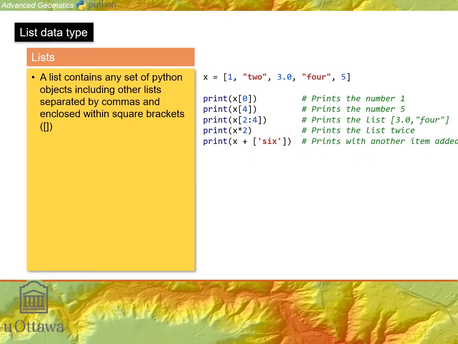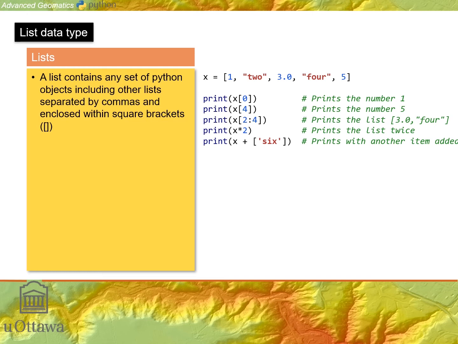Another fundamentally important data type, especially when working with ArcPy and ArcGIS Pro, is lists. And lists are heterogeneous collections of objects. They can be homogeneous collections, like you could just have, for example, a list with 1, 2, 3, 4, 5, 6, 7, or you could have a list like we see here, a heterogeneous list with